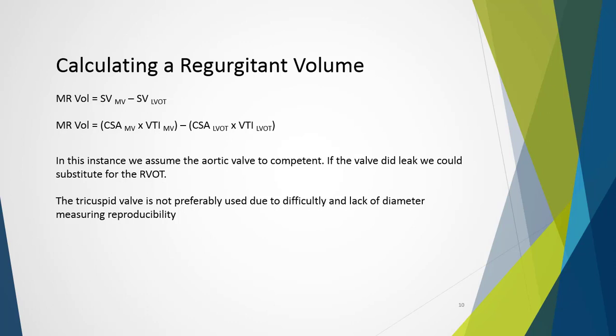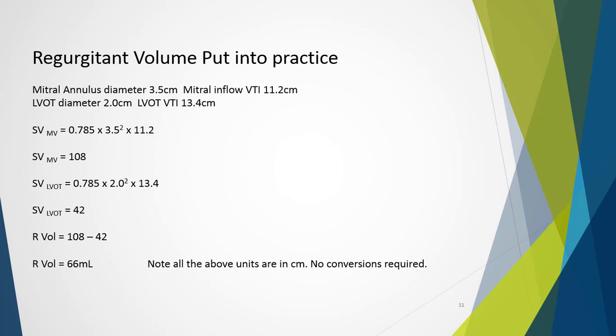Typically, the tricuspid valve is not preferably used because of the difficulty in measuring it and the lack of reproducibility in getting that diameter right. This can lead to significant error in our calculations, so it's something we really want to avoid. So if we put it all into practice, here's our mitral annulus that we've measured at 3.5 centimeters,